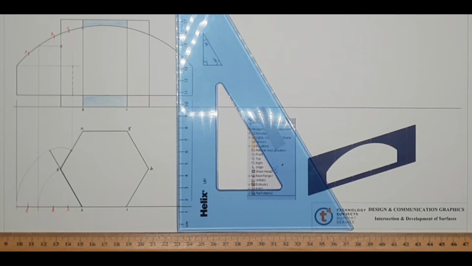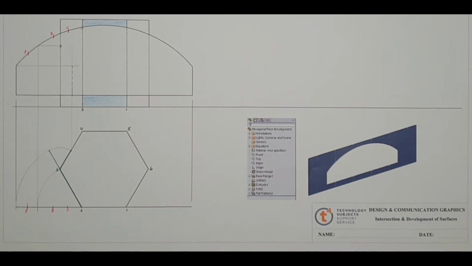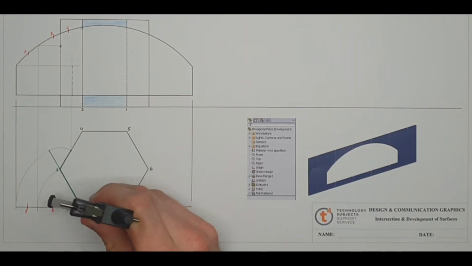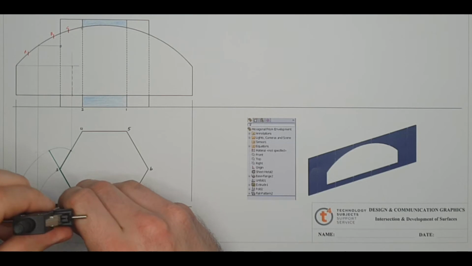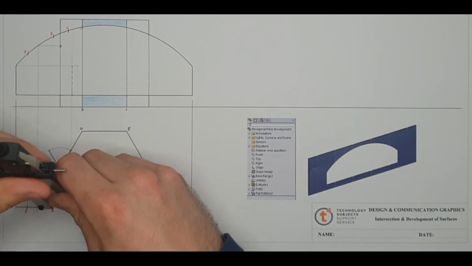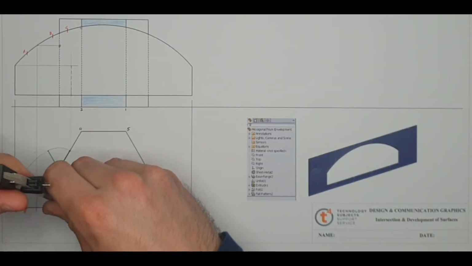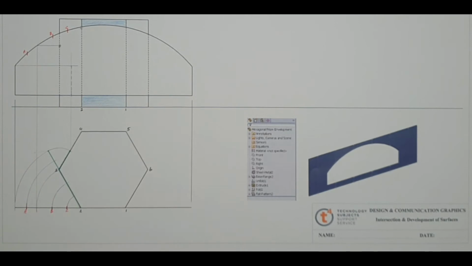So let's wrap them on. We can take a selection of random points and we can wrap them onto the object. So from 2, I'm going to wrap on point C, I'm going to wrap point B, and I'm going to wrap on point A. A is not there yet though,